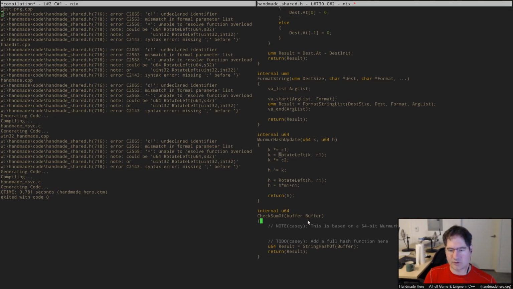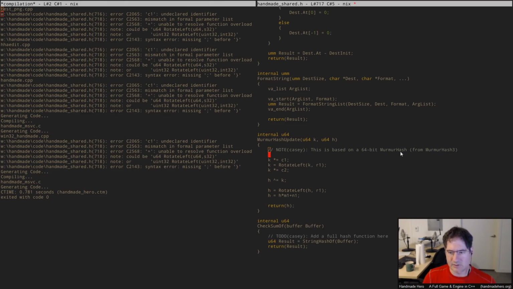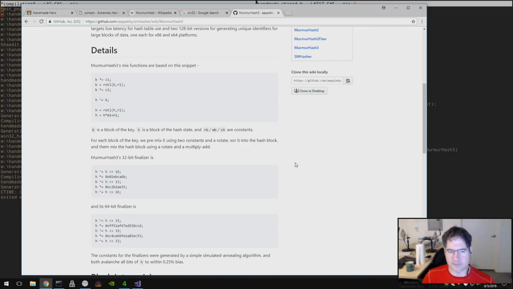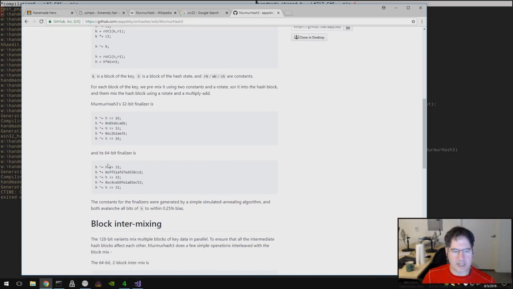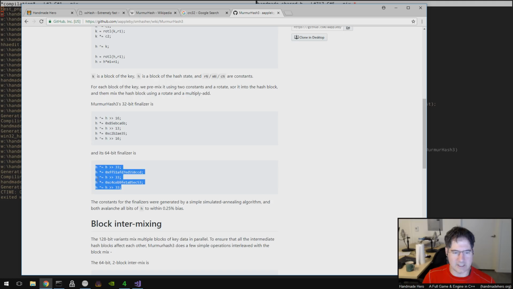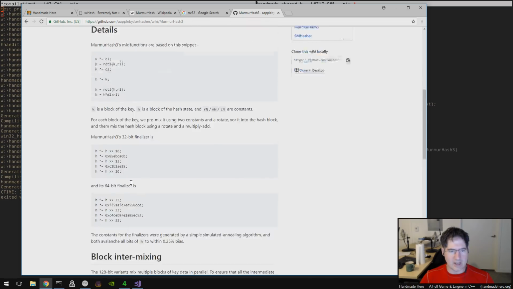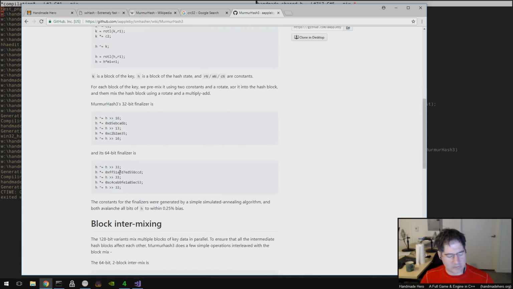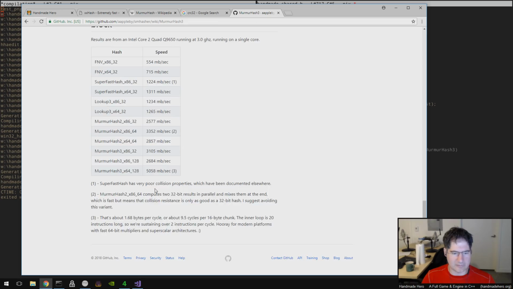And so this is sort of, and in fact, I probably should put this here because this is the part that we're using. This part is just going to read this. This part has nothing to do with the mirror hash. This is just the part that's going to iterate over the buffer calling hash update, right? So then we have the finalization step. And the finalization step is going to be the 64-bit one here. Now, I don't know why they chose to include the constants here and not here. I'm not quite sure about that, and so we'll have to read a little bit further on and find out